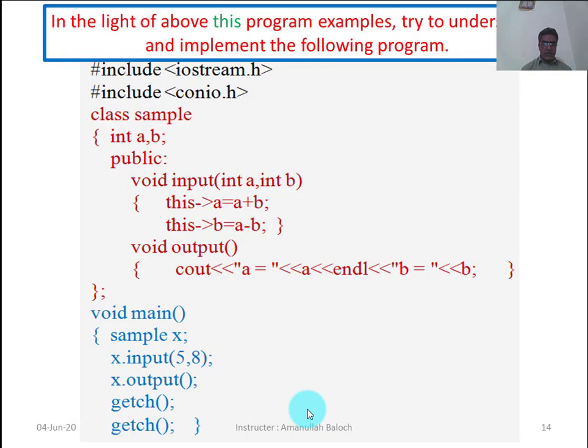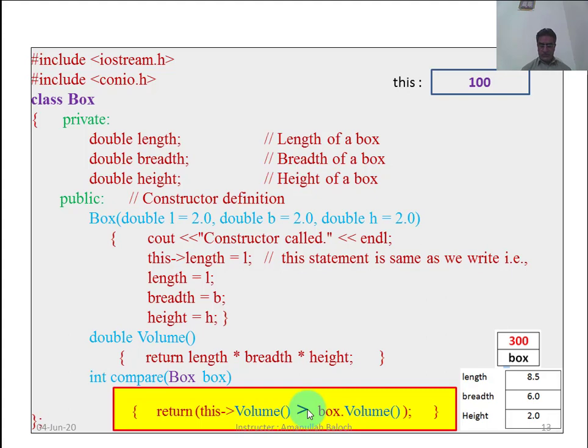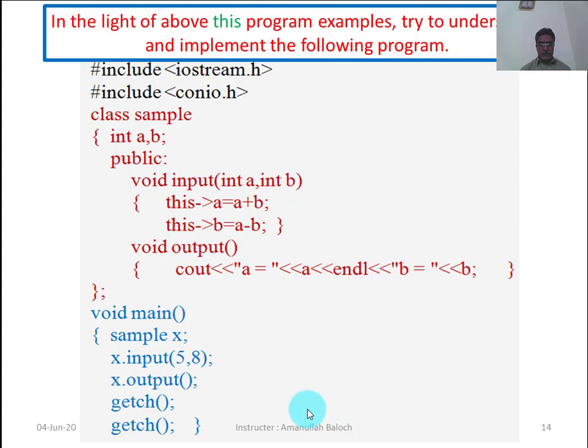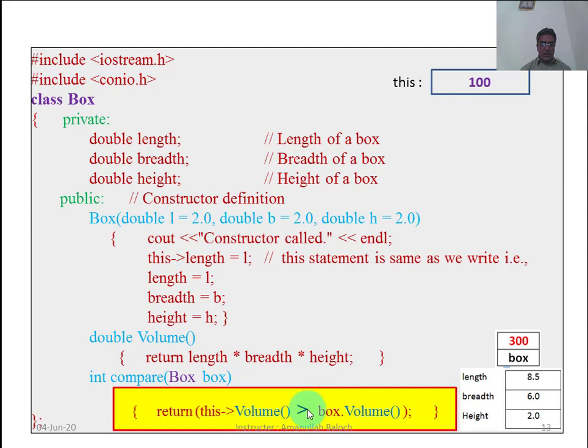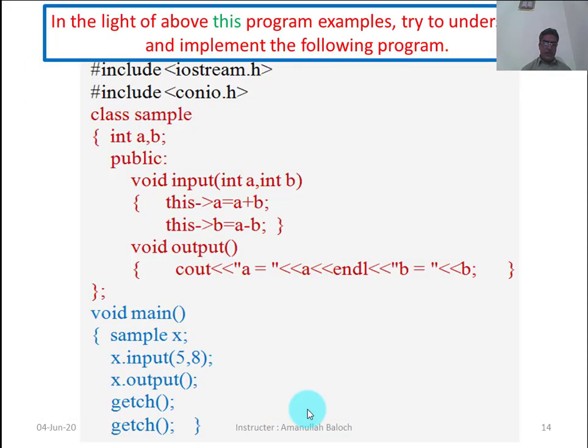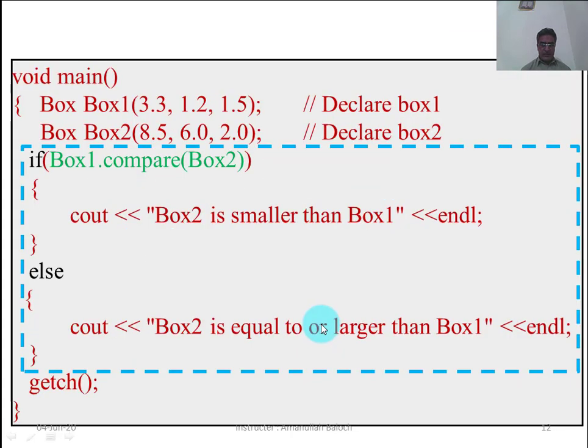So what happened here? We see the execution of this program. The first value is smaller and the second value is larger, so the computer will return the false value, that is, the box 1 value is not greater than the box 2 value.